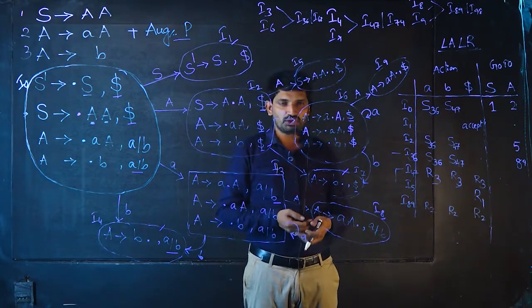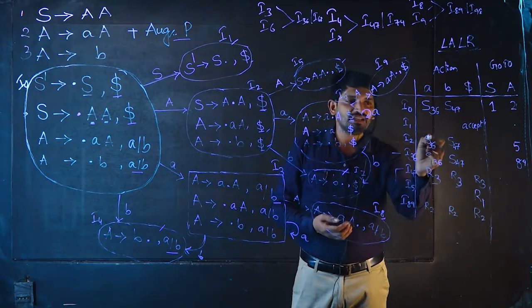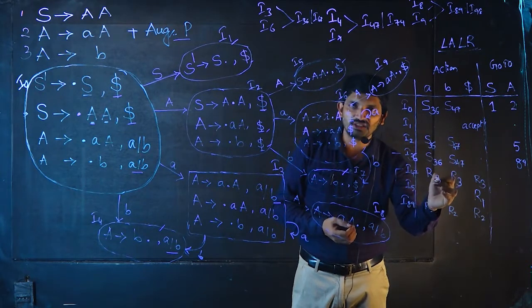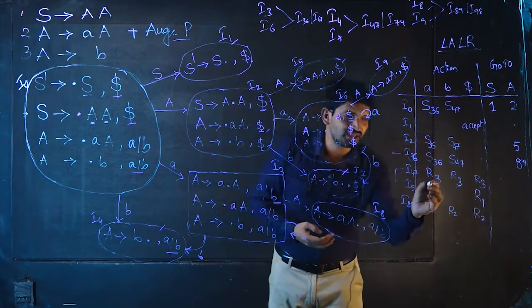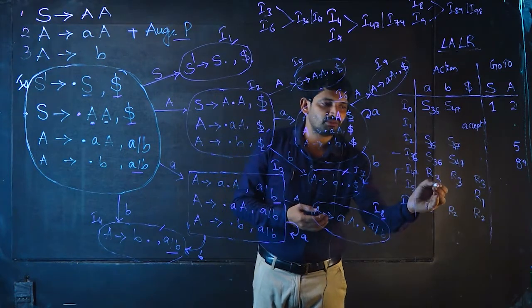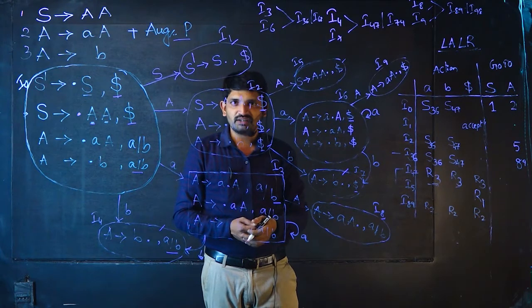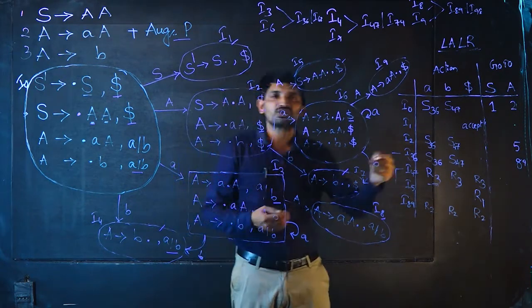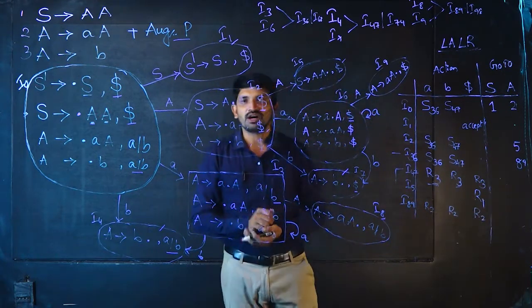Now you may ask a question. While combining these states, we are writing S36, S47 like that, but we are not writing R36 or R47. Why? Because these are reduction operations. For all reduction operations, these numbers depend upon the productions in the given grammar. In the given grammar, there are only 3 productions, so we cannot change this number. So this is the LALR parsing table.